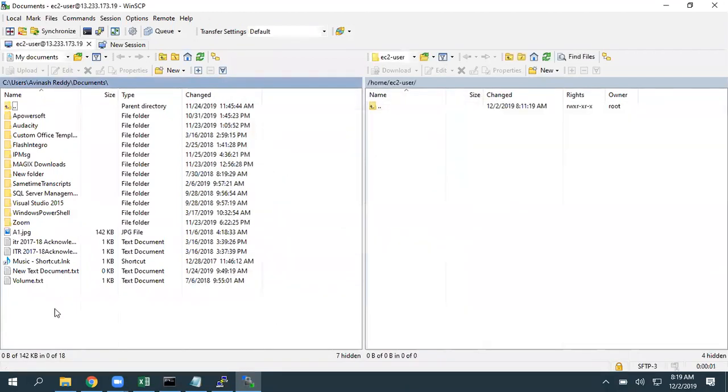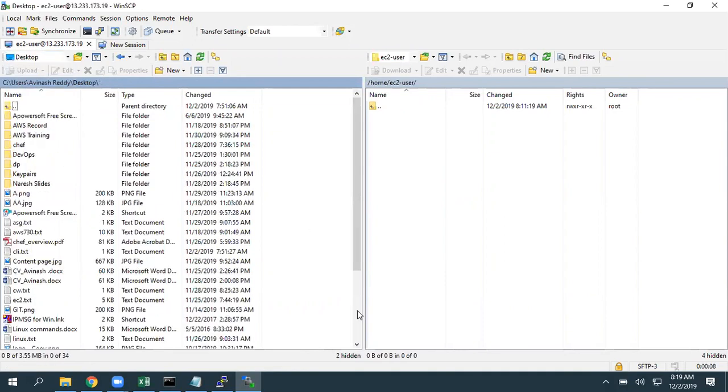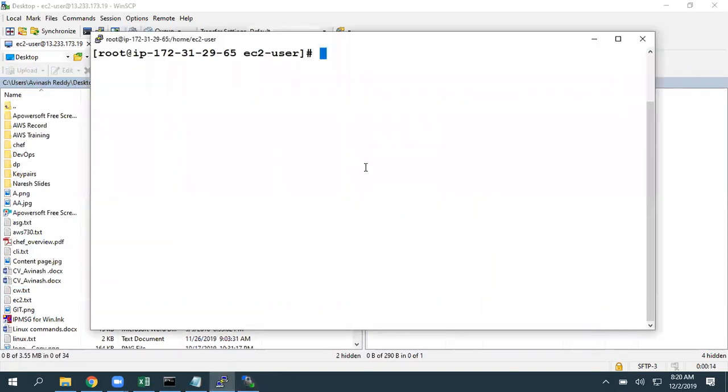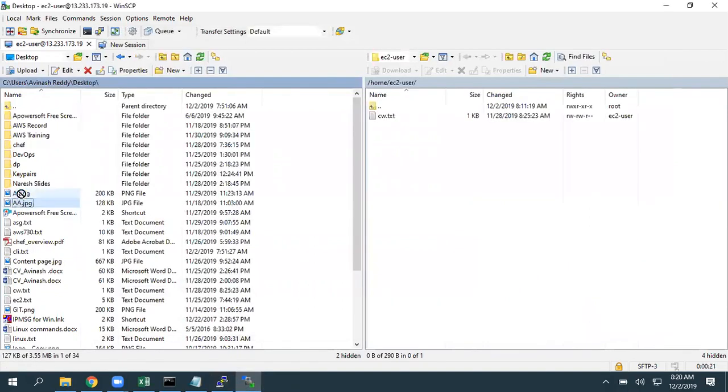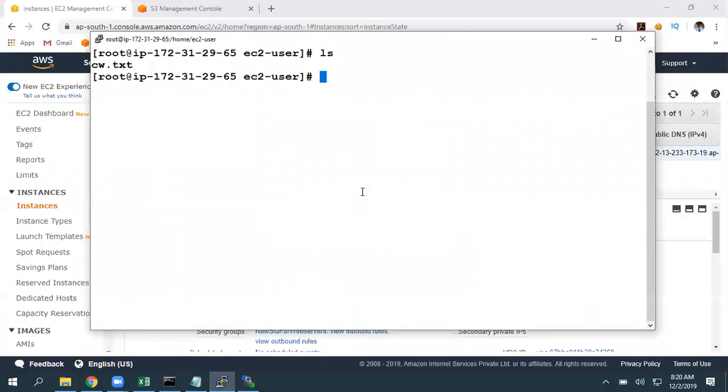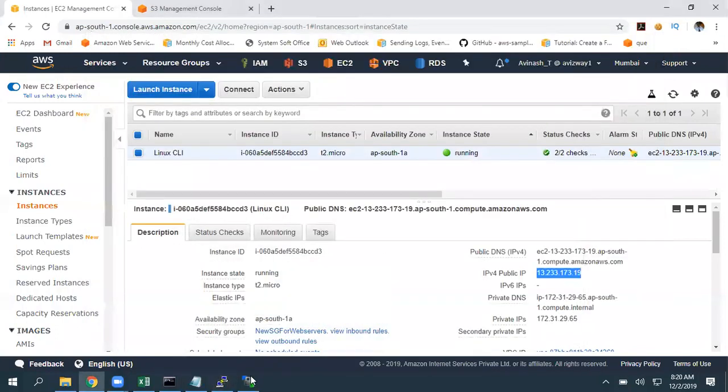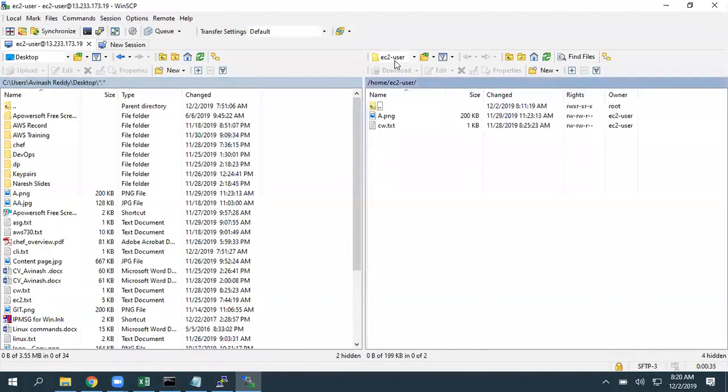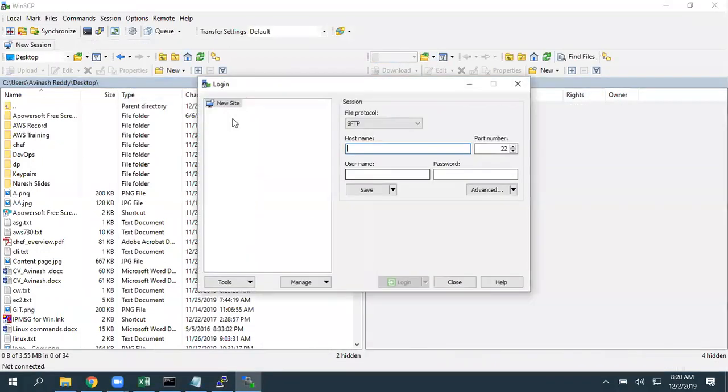So on the left side is our local machine, and on the right side is the home directory of our EC2-user. And where exactly is your file? For example, I want to move the cw.txt, simply perform drag and drop. Now that file got copied. If you give ls, cw.txt is there. It got copied to our EC2 instance. Not only that, if you are taking an image and all, if you give ls, a.png also got copied from our local machine. That's why I opened this application and demonstrated this. So we can just close this session.